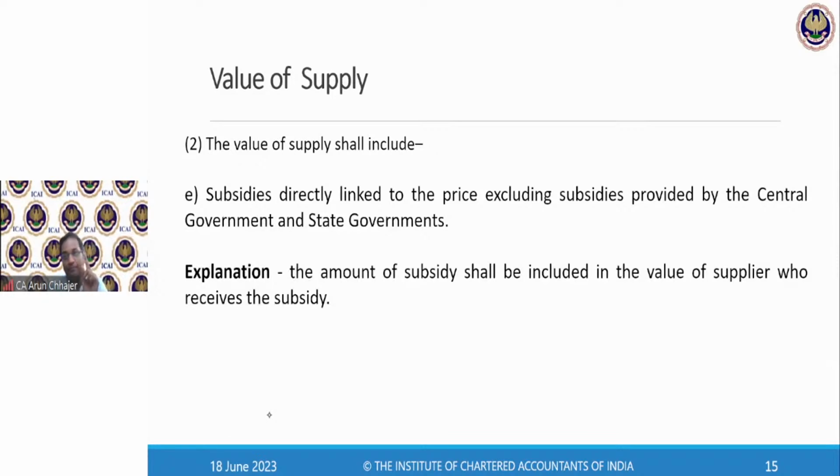समझ गए मेरी बात? ए ने बी को कहा कि मैं आपको सब्सिडी दूंगा 4,000, बी राजी, बी एग्री, and B is raising the invoice of 8,000, charging the GST of 800. Now the problem is to the GST department. They are saying, no. Here you are earning the profit, but still you are showing that you are making the sale at loss.